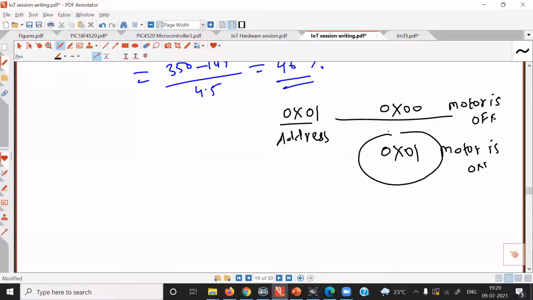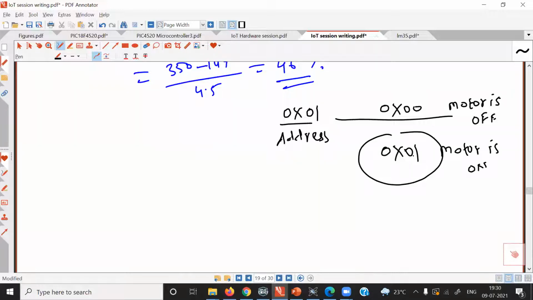Now say for example, after switching on the motor, if power goes off, then data in the EEPROM memory will be 0x01. So after some time, power will be available. So your system will be automatically, there is power on reset, because when power goes off, there is no power for the system. In some case, you can also use battery, no doubt. But with the help of battery, you can keep your system on. Your microcontroller system will be on if battery is used, but power will not be available for water pump. So forget about battery, right? Just to explain the concept, let us assume that battery is not available for microcontroller system.